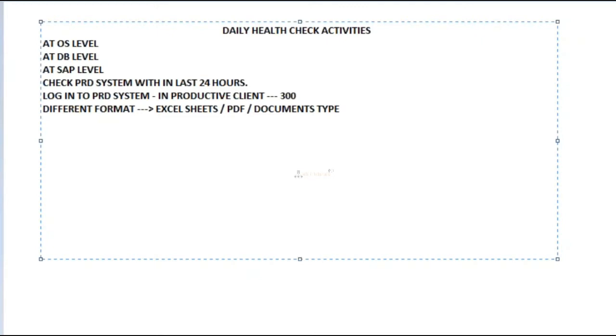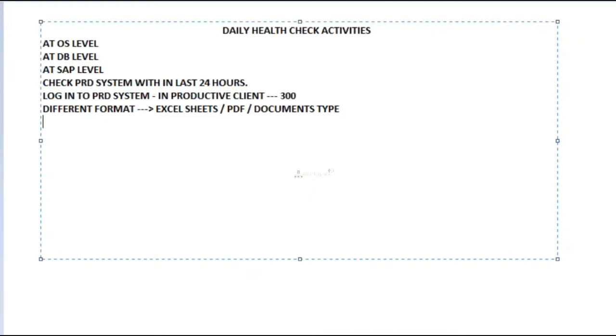So this is not mandatory; there need not be one standard format for all the clients, all the projects, because every client will have their own standard format, in Excel sheets, PDF documents, or Word document type.